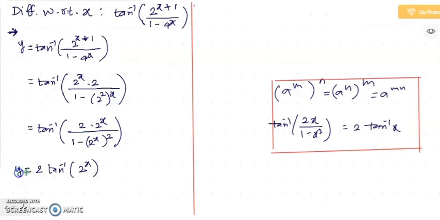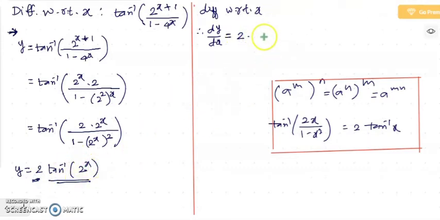This is y equal to 2 tan inverse of 2 raised to x. If we now differentiate it with respect to x, I will get dy by dx is equal to d by dx of 2 tan inverse of 2 raised to x. Out of that, 2 is a constant, so 2 is written in the beginning, into d by dx of tan inverse 2 raised to x. d by dx of tan inverse 2 raised to x is 1 upon 1 plus (2 raised to x) square into d by dx of